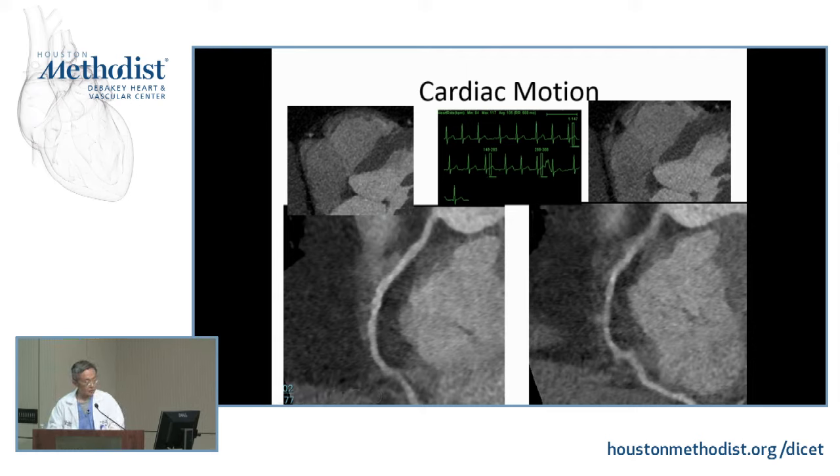So that's why it's important that our current scanner allows you to have padding during prospective scanning. If you do retrospective scanning, you can have multiple parts of the cardiac cycle, which allows you to find the phase with the least motion. But prospective gating has much less radiation exposure. In the older scanner like the Philips 64, we can only get a single snapshot at 70, 75%, whatever you choose. But newer scanners allow you to open the window a little bit, meaning you can image from 70 to 80%, 65 to 75%, or you can image